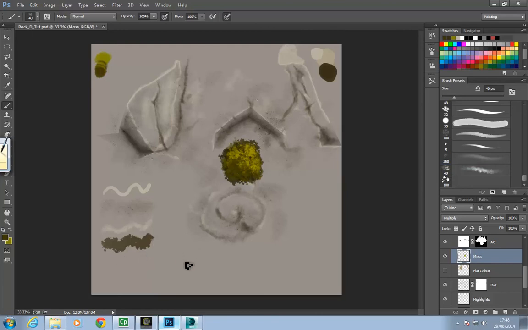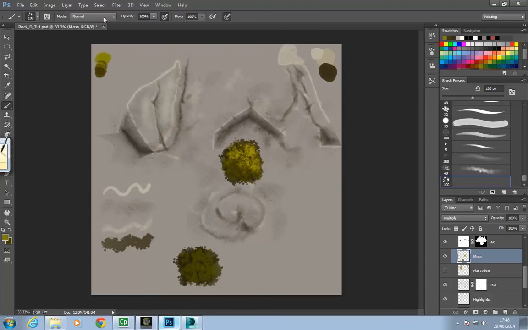Initially I would block in a bit of darker tone. Let's just go and pick that. So it's kind of a bit blobby, kind of random. It's quite fun to use. So as a base, starting off that, this is to establish our moss. Then I would press X, switch to the light colour, and just start adding a bit more lighter shades there. When I'm happy with that, to get these kind of highlights here,